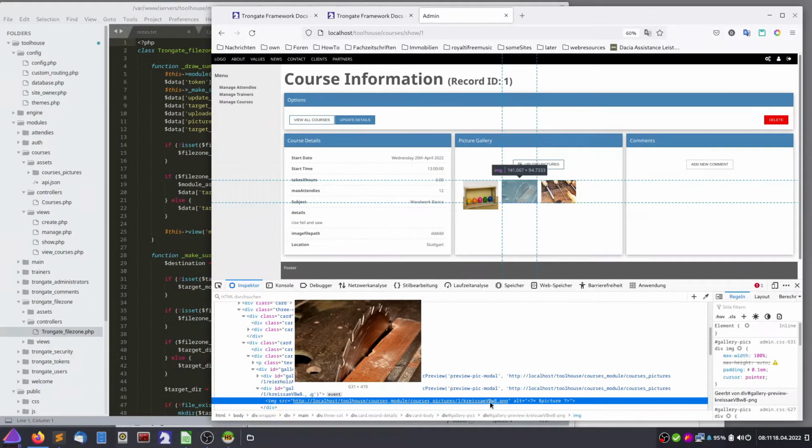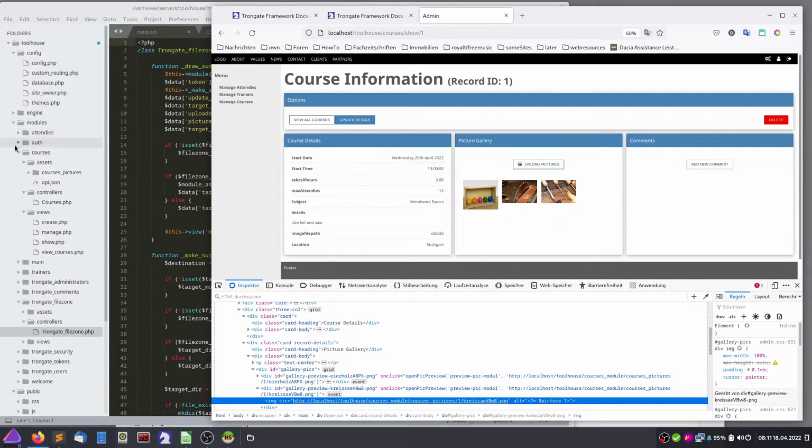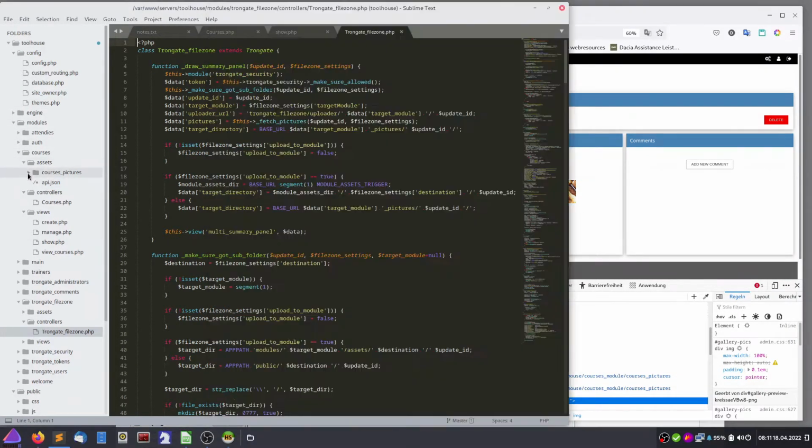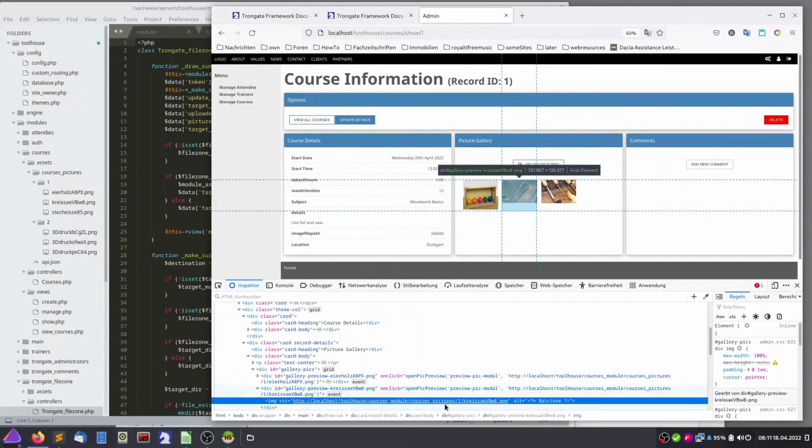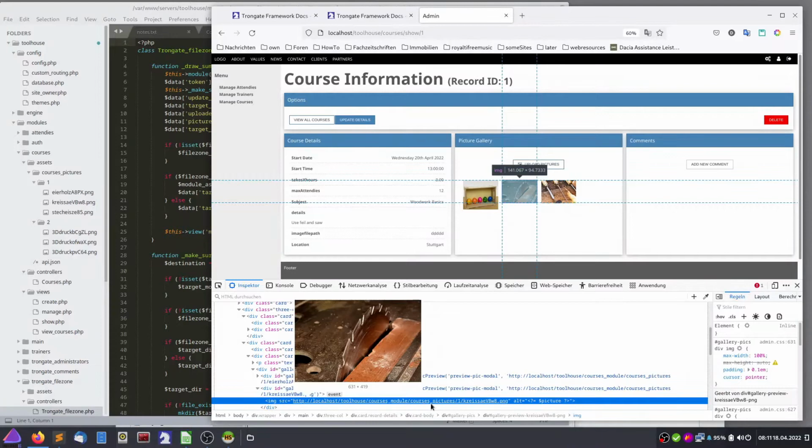Let's go from the backside. Here's the file name, and then there is the ID, these folders here,